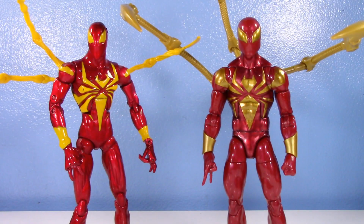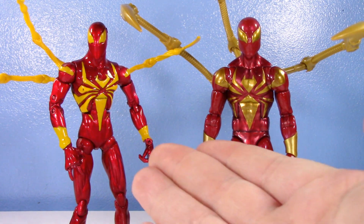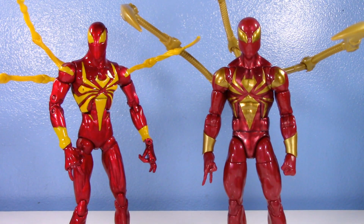So I'm not a Marvel Legends super collector. The main thing I focus on is Iron Man and Iron Man related characters. And I would like to think that Iron Spider, the Spider-Man suit made by Tony Stark for Peter Parker, qualifies as an iron suit. So I had this original Hasbro weird 6-inch Marvel Legends-style Iron Spider in my